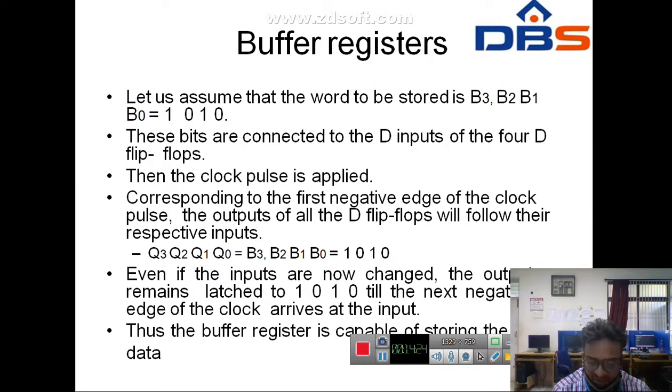A binary 1 is applied to the input, and a clock pulse is applied, so it stores 1 by setting the flip-flop. When the input 1 is removed, note that the flip-flop remains in the set state. So the output will remain 1, that is a digital 1. That is the meaning of storing the value of 1 at that instant whenever the clock pulse is high. The same procedure is applied to the storage of 0.